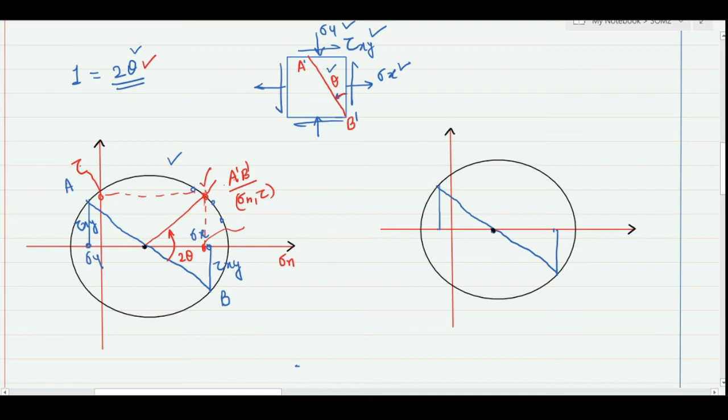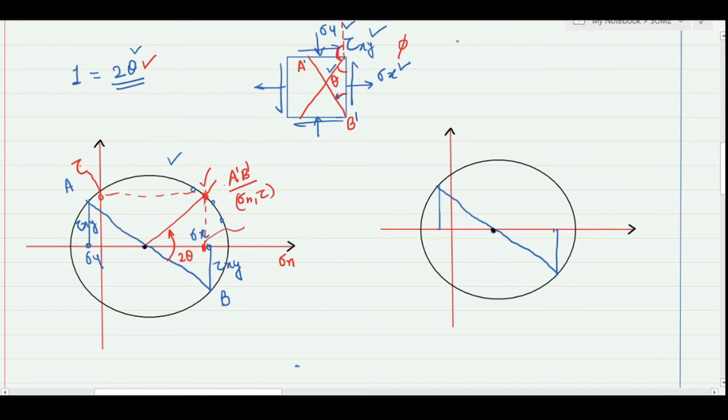to this point. Similarly, if I have another plane, and let this be my another plane, and it has angle phi from the vertical side. So here this angle is in the clockwise sense, but we have always considered the angle from the vertical direction and in the counterclockwise sense. So if I want to calculate the angle which I am going to represent on my Mohr circle, I will consider this vertical side and I will measure this angle.